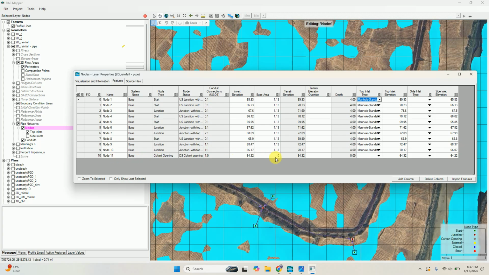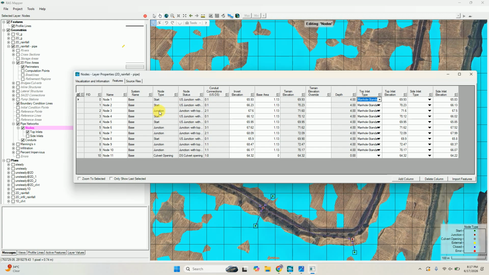We don't need to give base area because it will dump the water. That node is not receiving any water, that node is giving the water, it is spilling the water from itself. So that is culvert. And the other ones, the start, these are the inlets and these are the junctions.